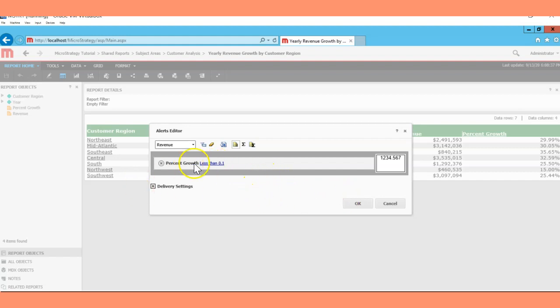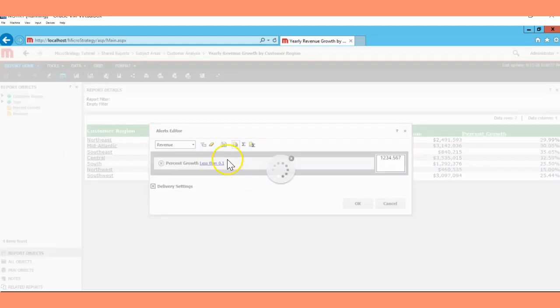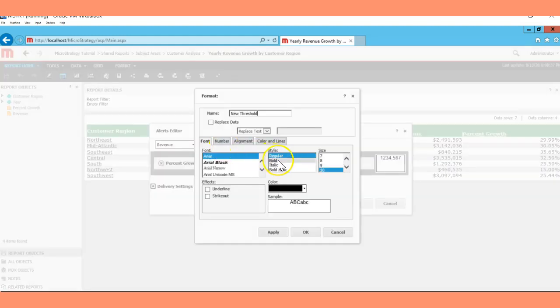Okay, so you have created a percent growth formula here, and if you go here, we have a couple of tabs, and this is the cell formatting. We can format our reports from here, and you have the options here also. You can see the name. I'm going to change this name to, let's say, problem regions.